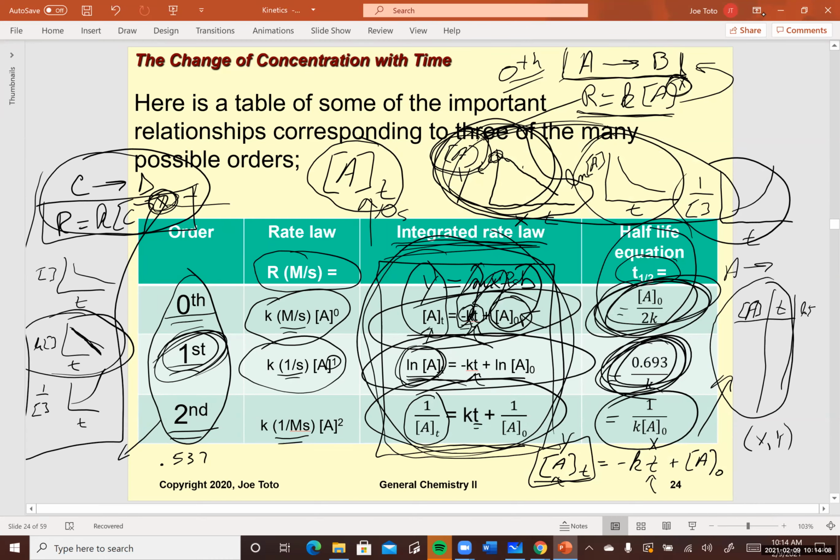Now, what's interesting about the half-life of these different orders? For first order, it doesn't matter what you start with as far as concentration, it always takes the same amount of time. It turns out that all radioactivity